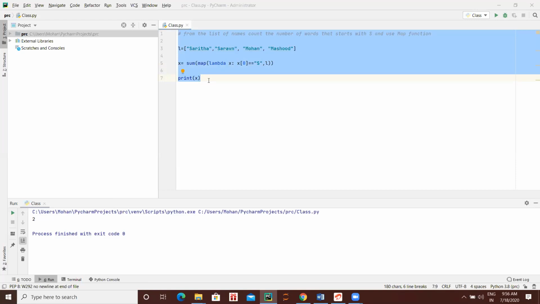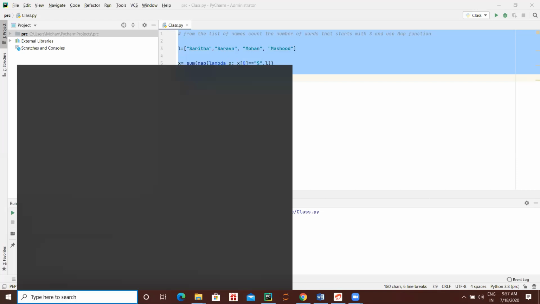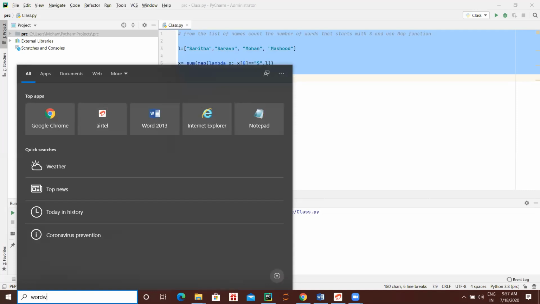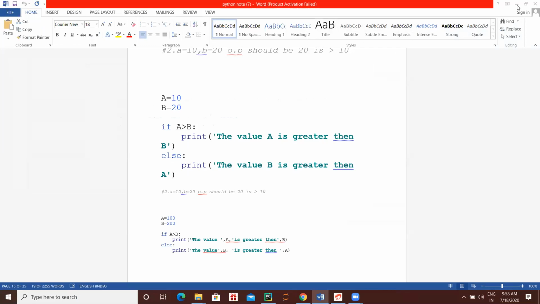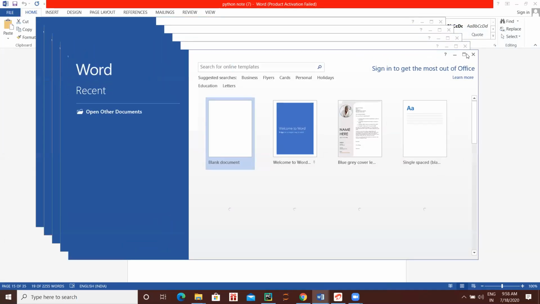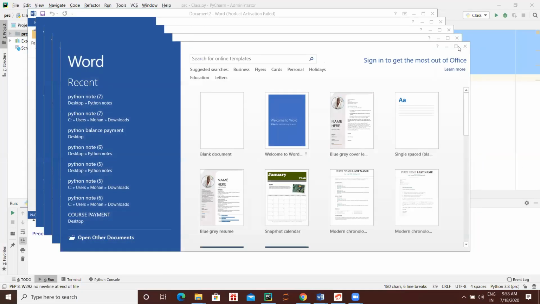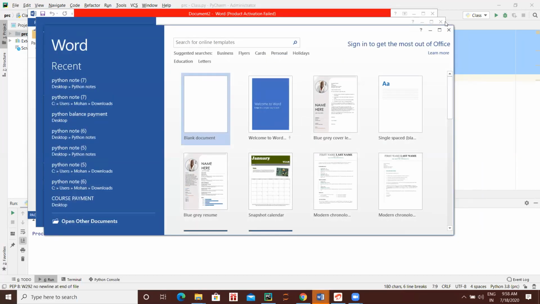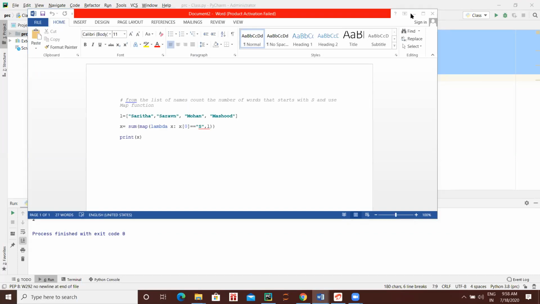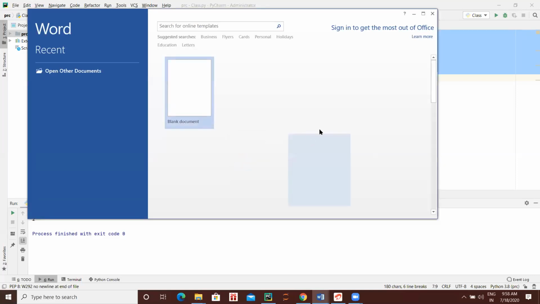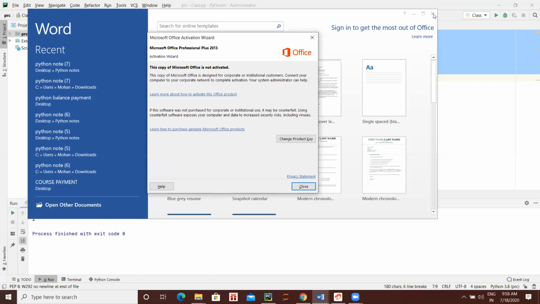Control X. You have already opened your Word document. Save it.